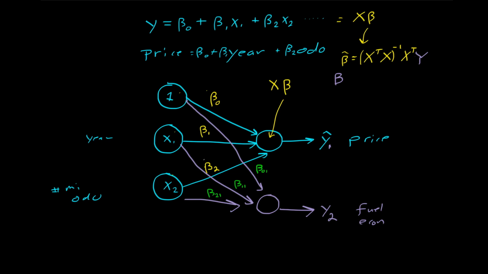And I'm drawing it in this kind of convoluted networked format for reasons that will become clear. So what we have here is a multiple output, a multivariate linear regression. And the model is graphically represented like this. It's mathematically represented like this. Our outcome y is just x times B. And that matrix B is just